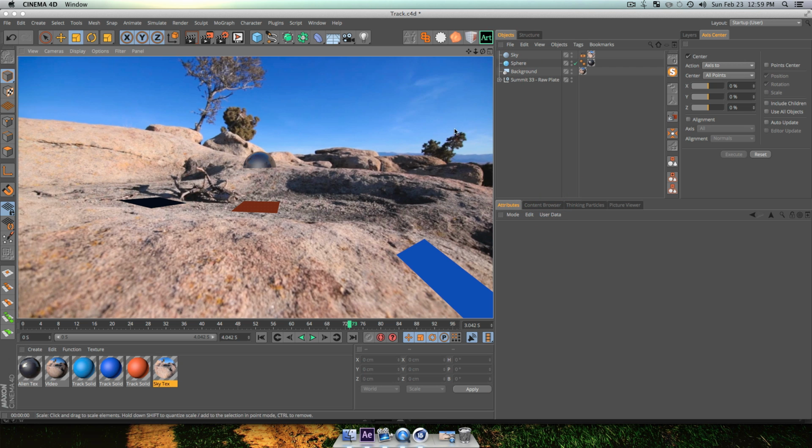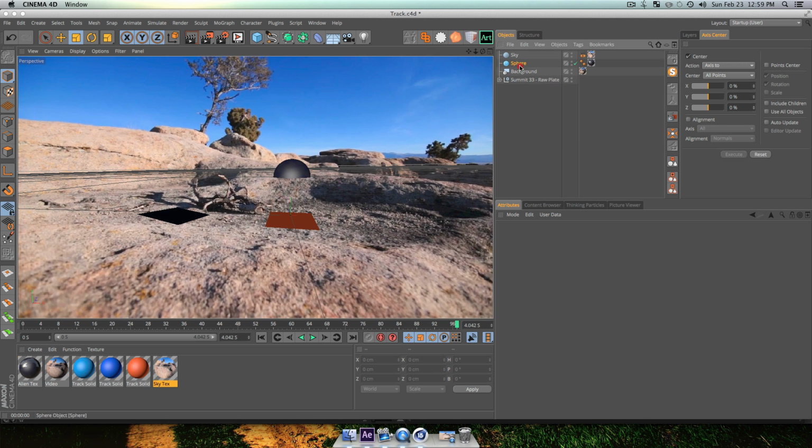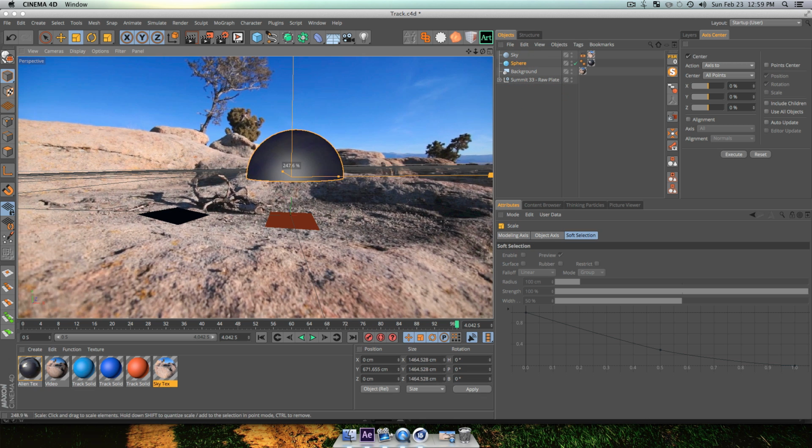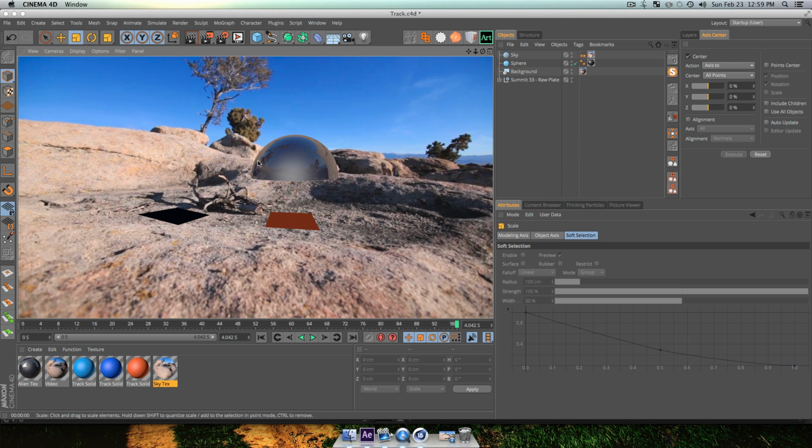So now if we let the video play a little bit more, I'll actually probably scale up my sphere so it's bigger. If we let the video play more and scale forward, you can see we now have on the reflection the scene. Now, something to think about is, as you can see, the little tree here is flipped, and that's not cool. We don't want that to happen.